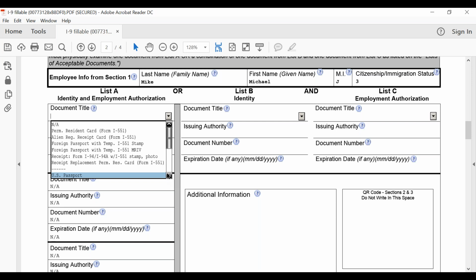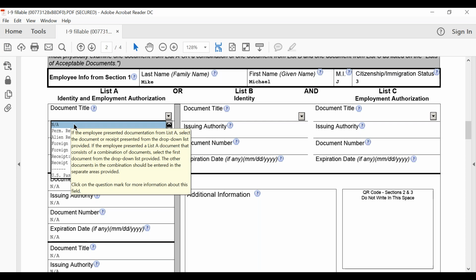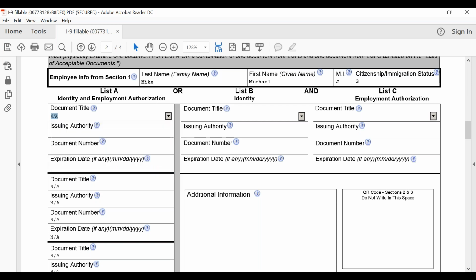I'm not going to read them all. But we're not going to use that, so we have to put NA there, right? Don't forget. And again, see, there's lots and lots of guidance here. In our short period of time, we don't have time to read all of it. But the beauty is it just guides you right through it, okay? So list B,